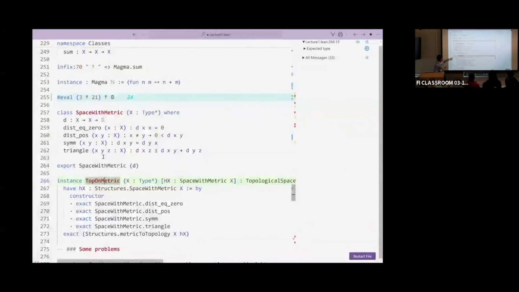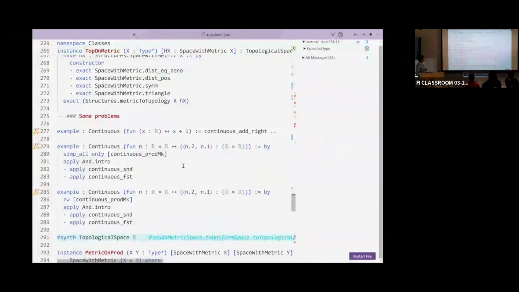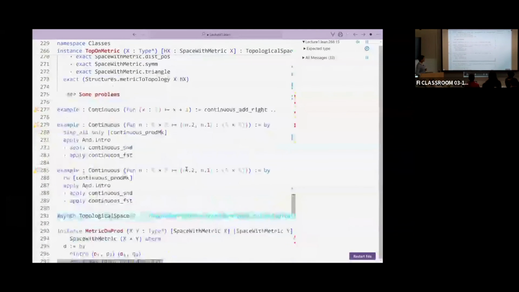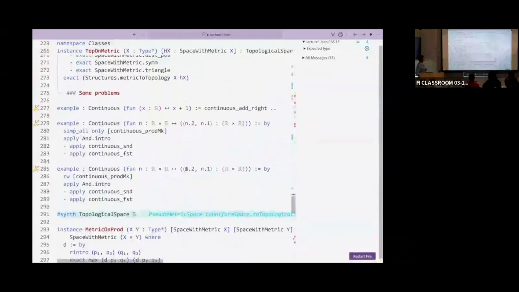Okay, and so this is exactly the same code I wrote before. And where are the problems? Well, here are the problems. Let's try to. So I can tell you immediately. The problem is that if you do so, you will soon find yourself with 2 different topologies on R that actually come from the same metric structure. And this is something that you don't want. And Thomas will explain you how to avoid this trap. But I just wanted to make a concrete example.